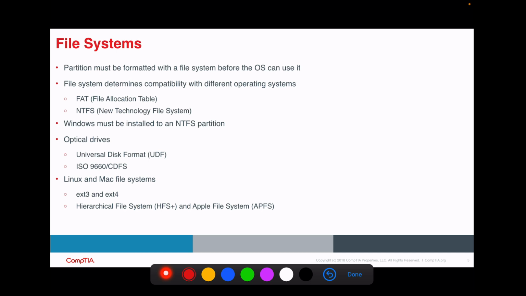So when we get our hard drive, let's say we run to Best Buy, we get a brand new hard drive, it's time for us to put a partition on it, okay? So when we partition it out, we can say, okay, I want to say 40 gigabytes for our operating system. Now we have to tell it what language we want it to speak. Remember a couple of slides ago how I talked about how partitions can have different file systems and stuff on them. The most common ones for Windows are FAT, or the File Allocation Table, and NTFS, or the New Technology